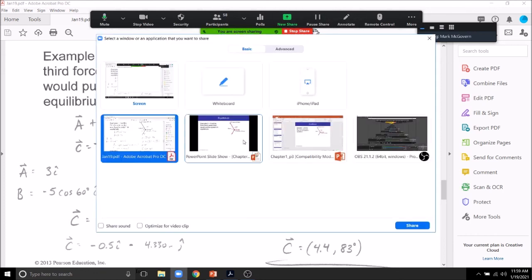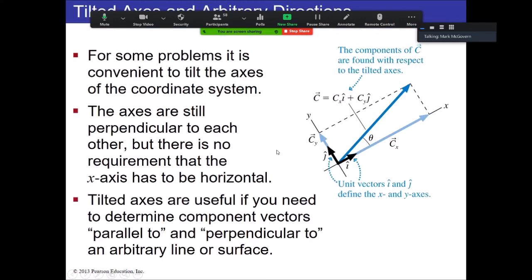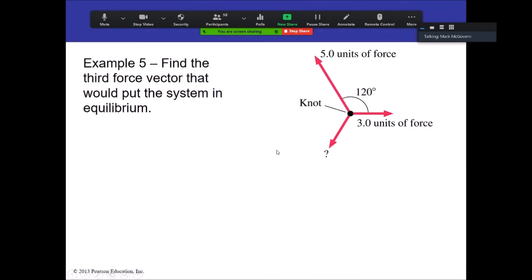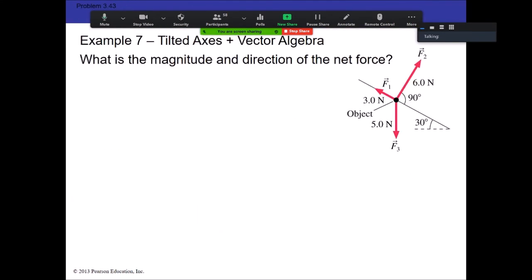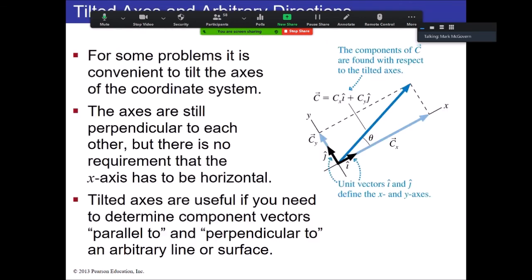20 minutes. What do I got left here? That, and that. Easy. Well, the stuff's not easy. Only 3 slides left is easy. All right. So,